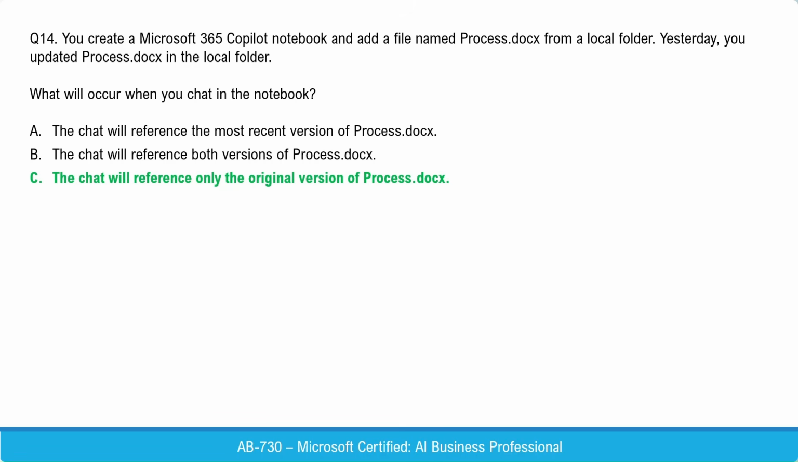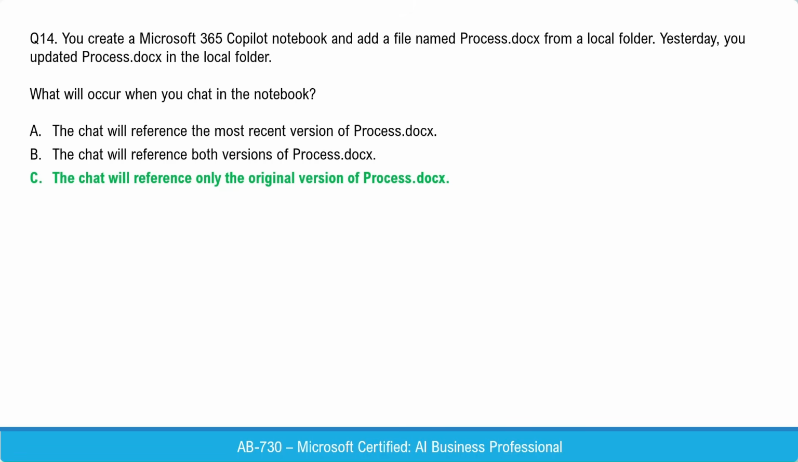If you later make changes to the file on your computer, those changes are not reflected in the notebook. So when Copilot references the file in the chat, it will continue to use the original version that was uploaded. That is why option C is correct. Now let's look at the other options. Option A says the chat will reference the most recent version. That would only happen if the file was linked from a cloud source with live sync, which is not the